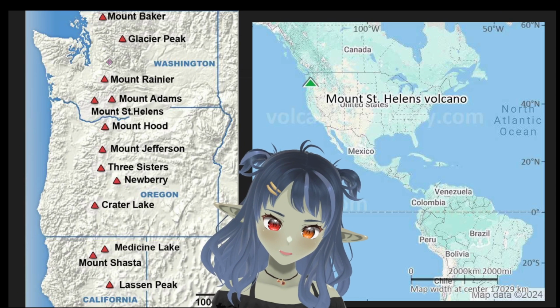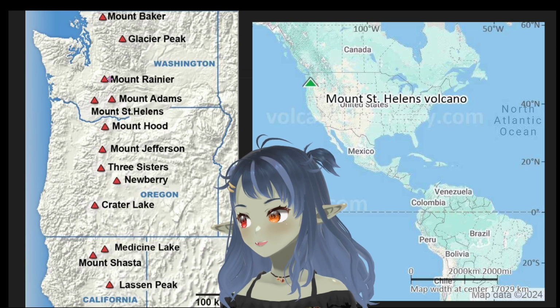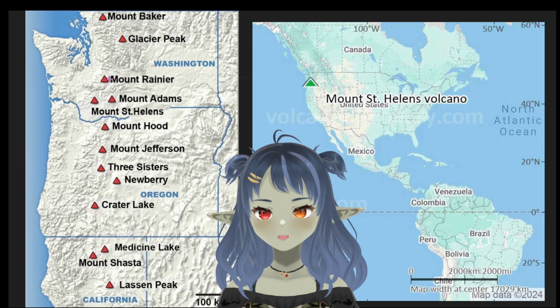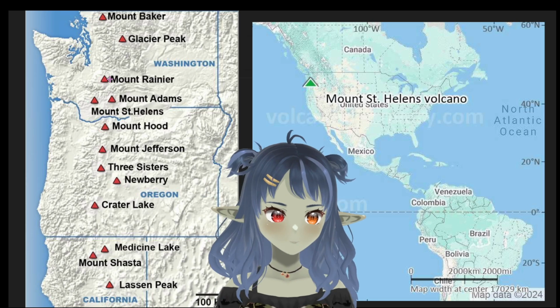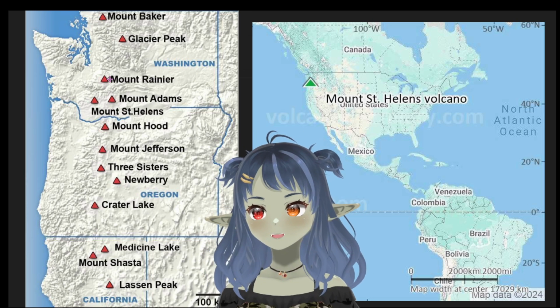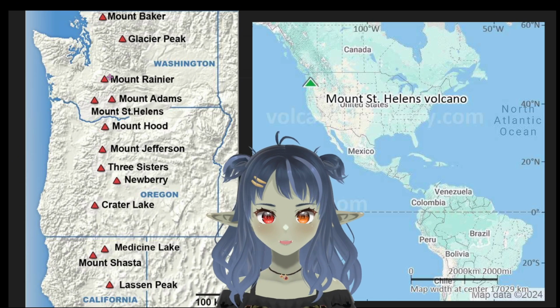You might have heard of some of these other ones. If you're not from the United States, or even if you're in the United States, I'm curious if you guys recognize any of these volcanoes, or do you think that they're kind of important to know? More so if you're in the United States, probably more important. But if you're not from the United States, I'm just curious if you ever heard of this volcanic arc and